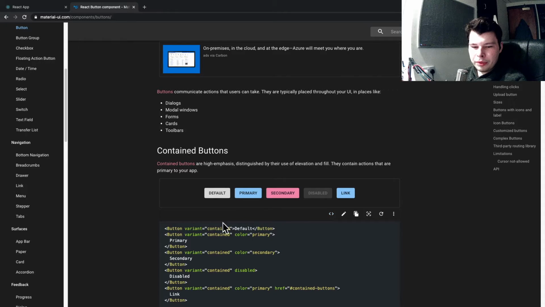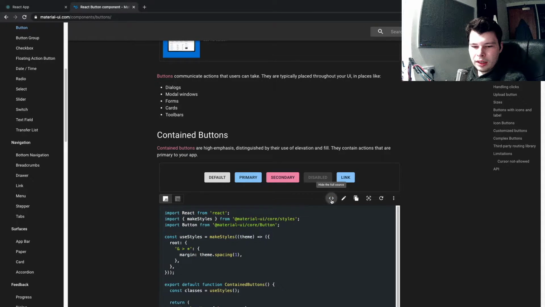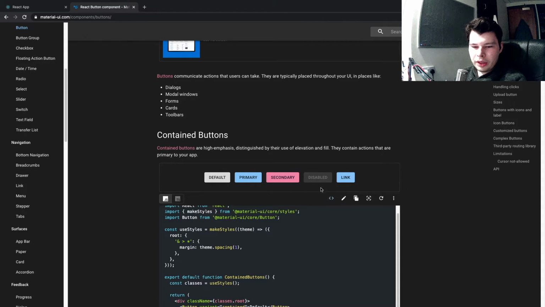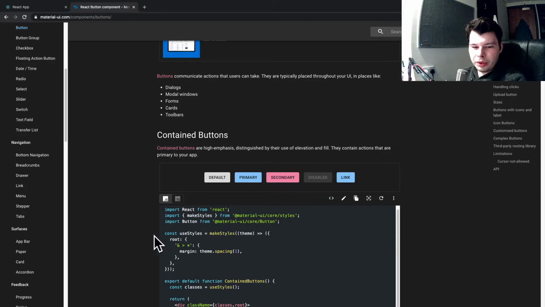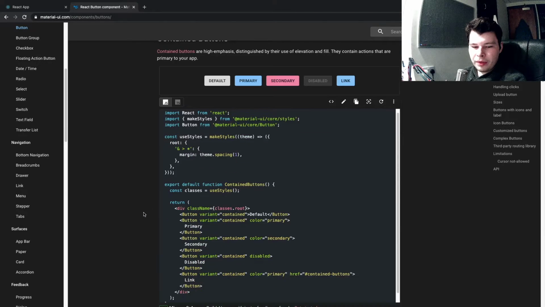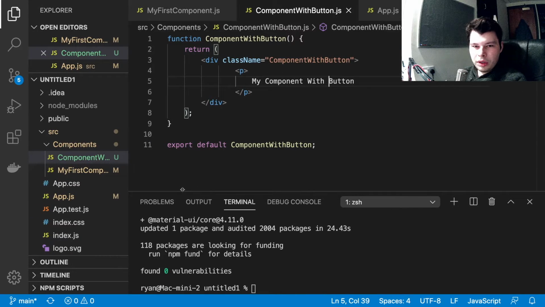We've got 5 different types of buttons. If we click this button here, this will show us the source code, the code that we have to write in React to use these buttons. We don't want all 5 buttons, we're just going to grab one of them. For example, we could grab this primary button. It's got a nice blue background with some black text. If we copy this, because we can see this is the text primary, and then go back to Visual Studio,